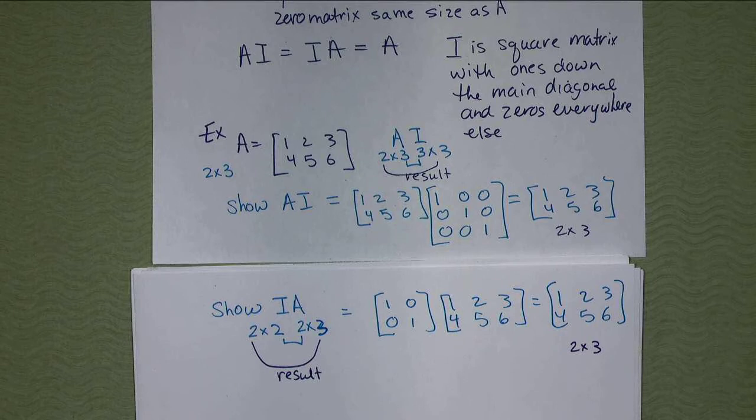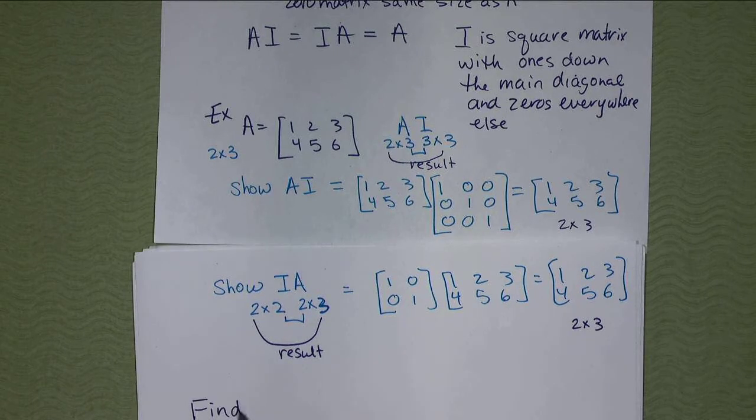Okay, so when you see A times I or I times A, I doesn't have to be given, it's the size that works. So that's understood to be whatever size would work to multiply. And you don't actually ever have to show that unless it asks you to, because if I said find